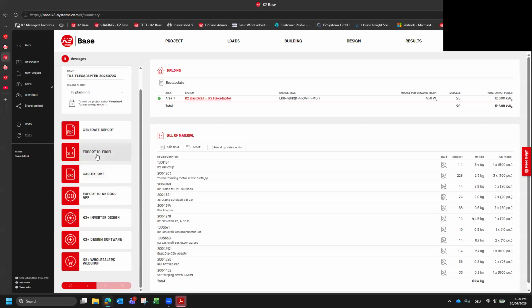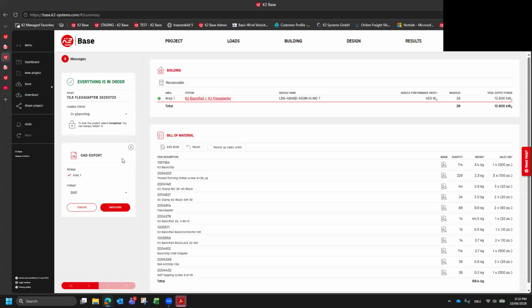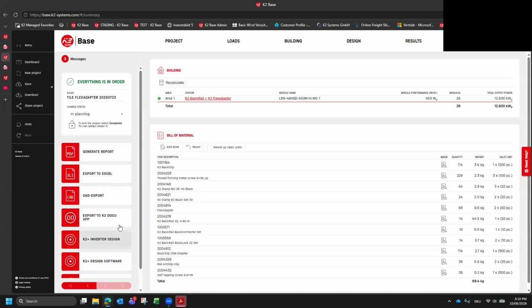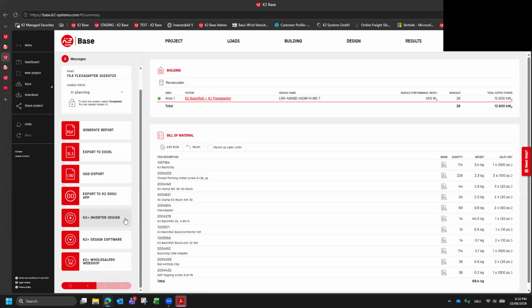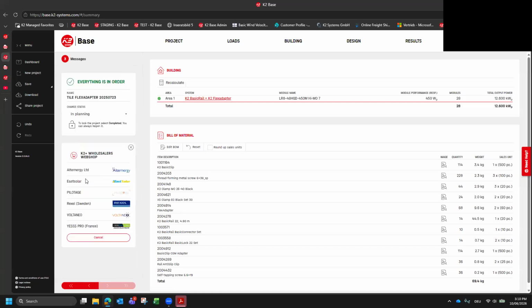If you want to import it to different software, we have CAD exports. It can link with different online products, for inverter manufacturers and design software. There's a lot of connection in here. Generally speaking, we also would talk about the connection with the wholesale web shop, because in different regions we have a connection to different web shops. So you can just export and import the bill of materials from one to the other